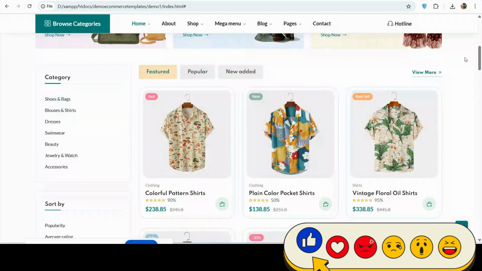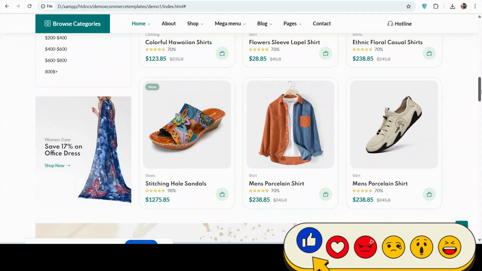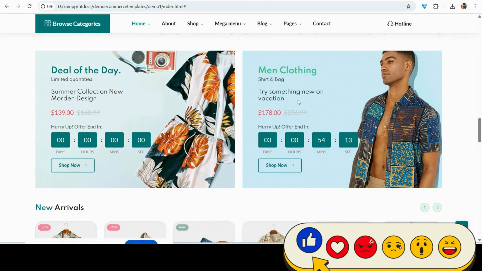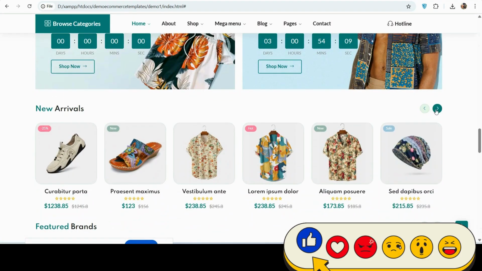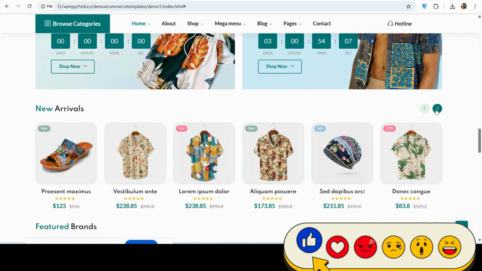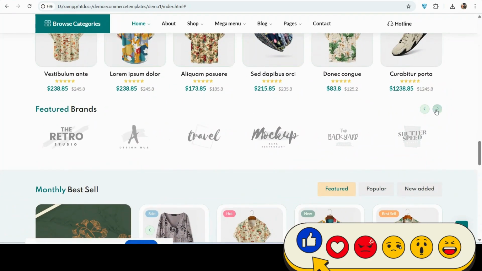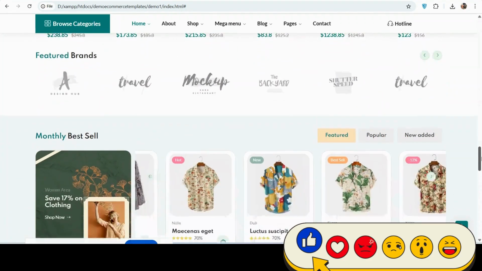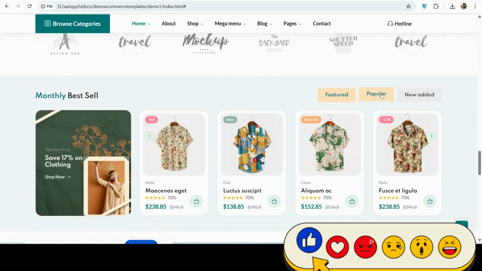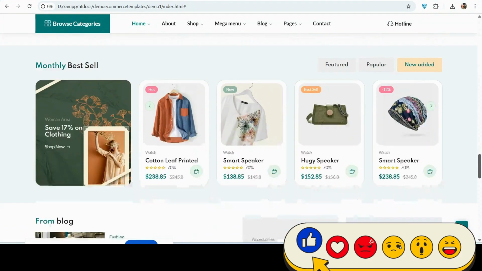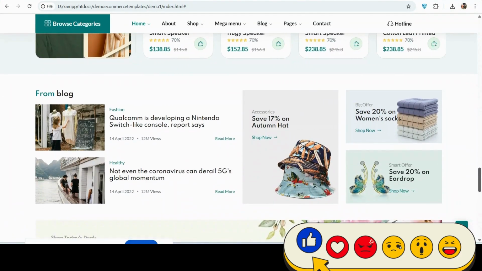And there's more, see guys, see the multiple things. Deal of the day, men clothing section, new arrivals in carousel. See guys, featured brands again carousel. Again beautiful section, monthly best sell, from the blog section. See guys,